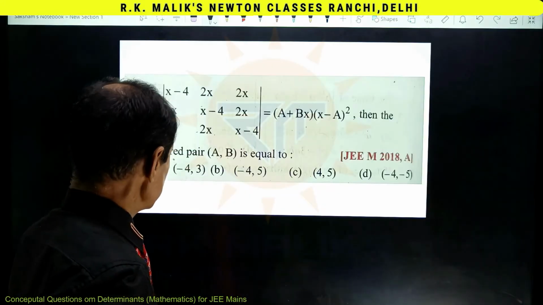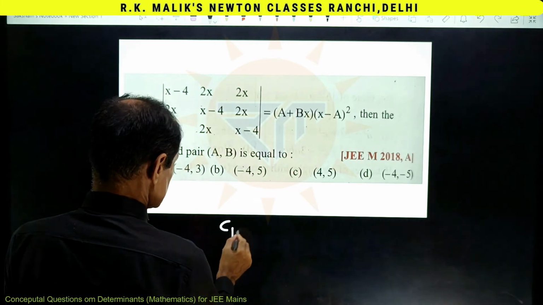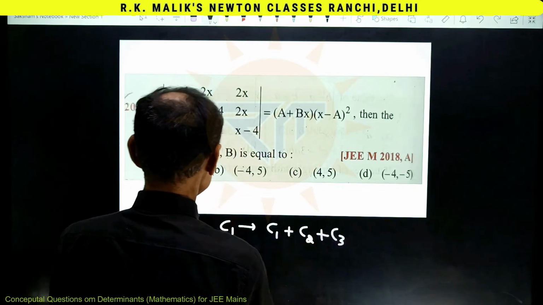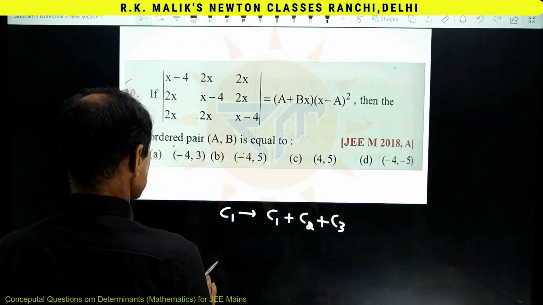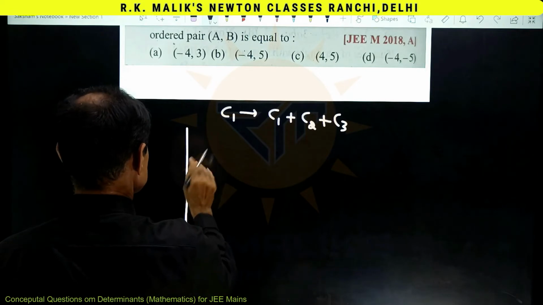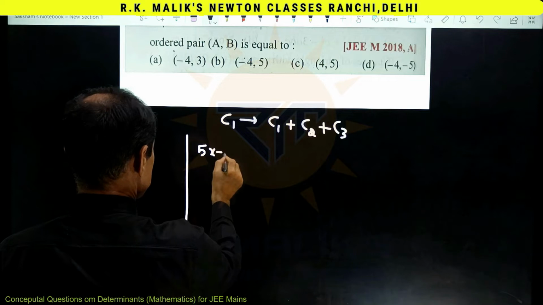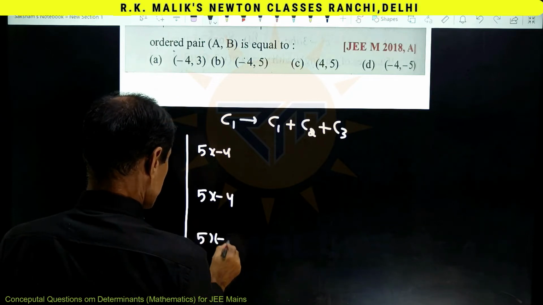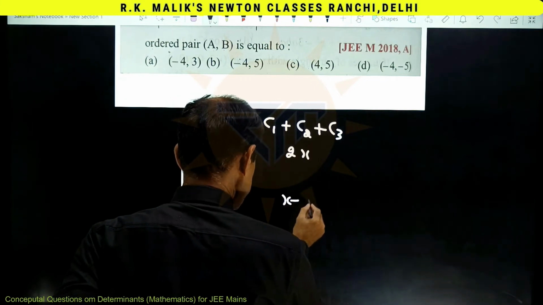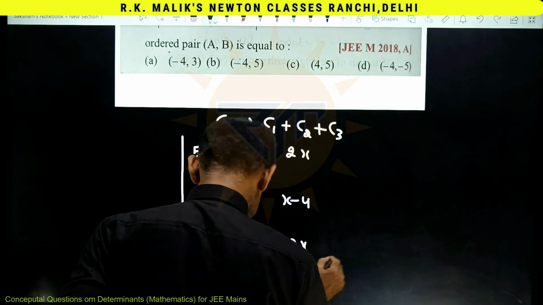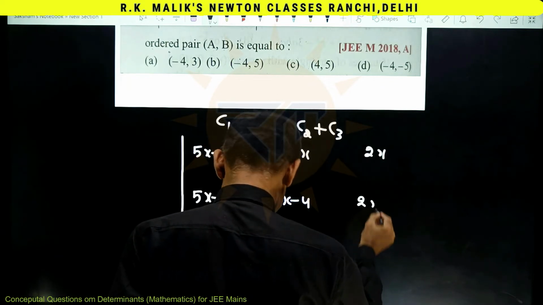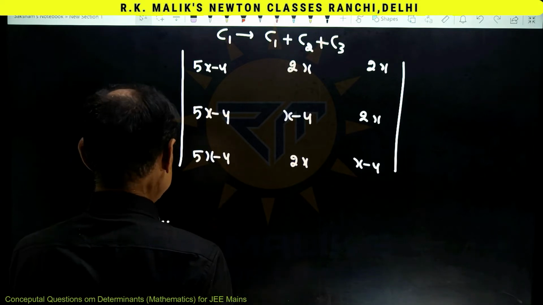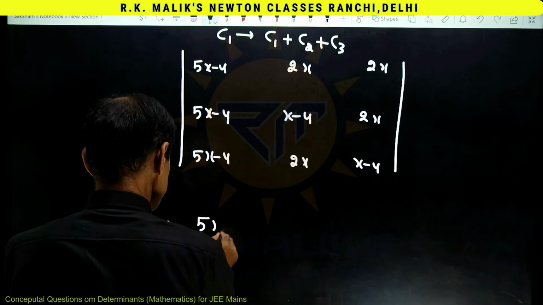The second possible way is use the property that C1 changes to C1 plus C2 plus C3. We get the given determinant as 5x minus 4, 5x minus 4, 5x minus 4, 2x, x minus 4 and 2x, 2x, 2x and x minus 4. And now taking 5x minus 4 common from first column, I get 5x minus 4